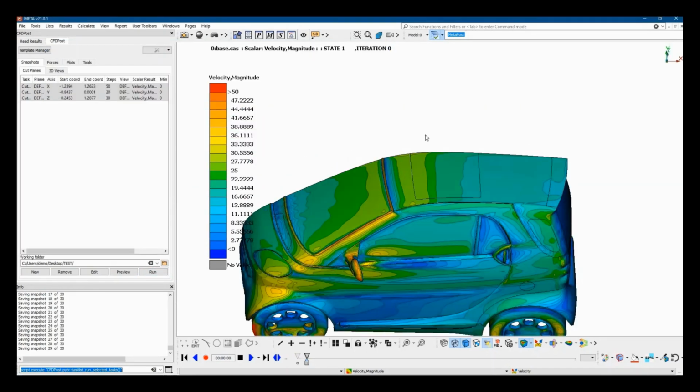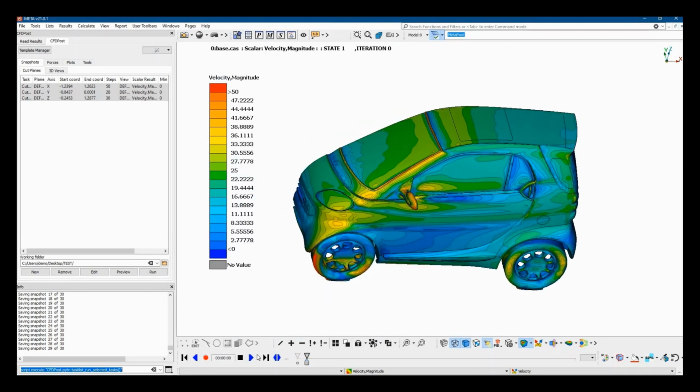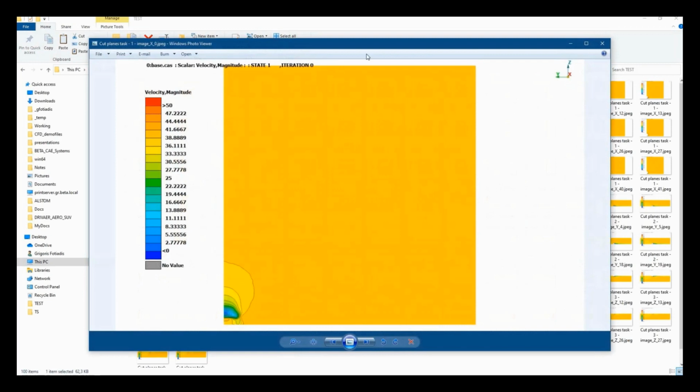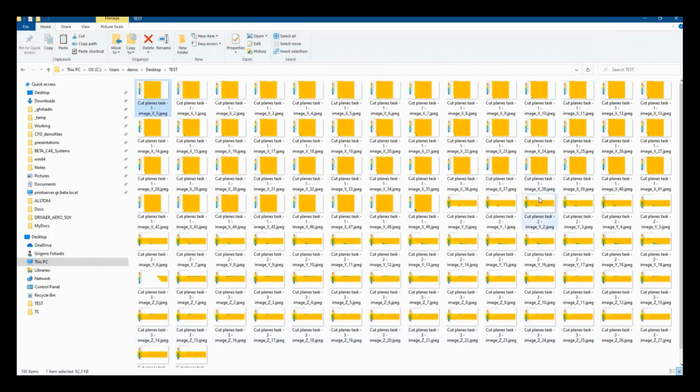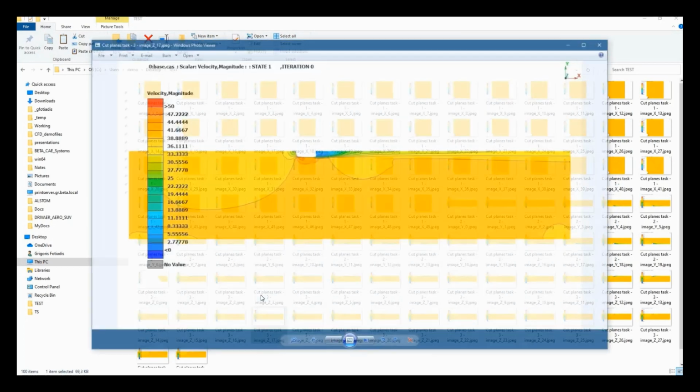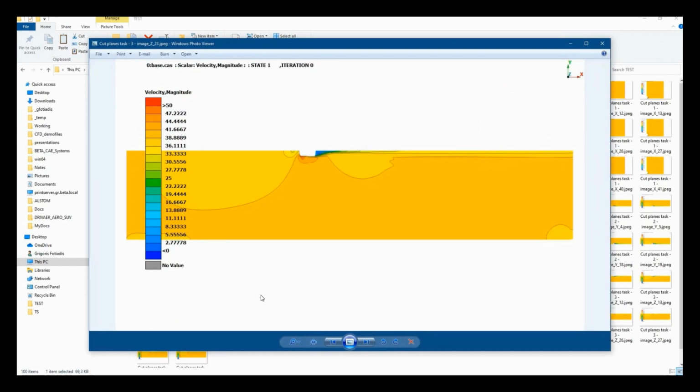And finally, all tasks are completed. If we go to the desktop folder, we can see all the snapshots that were created, in the x-axis, also the side view in the y-axis, and finally the last task in the z-axis.